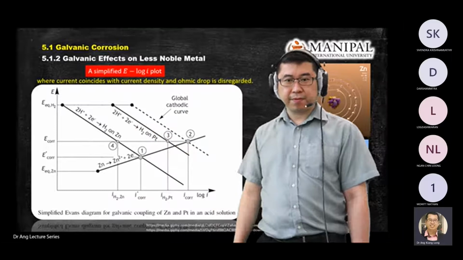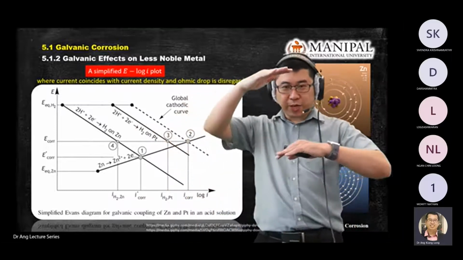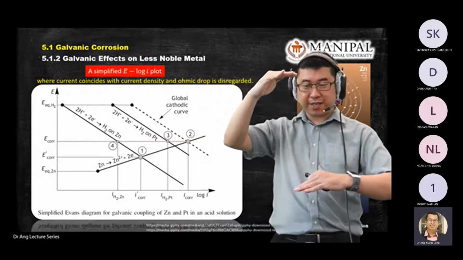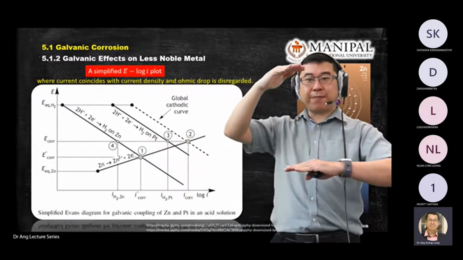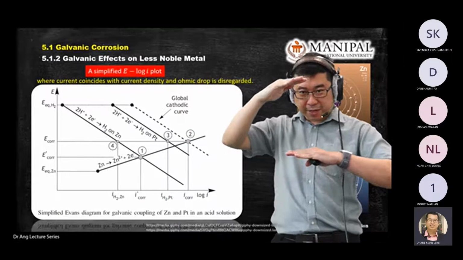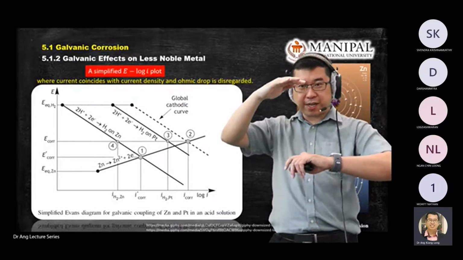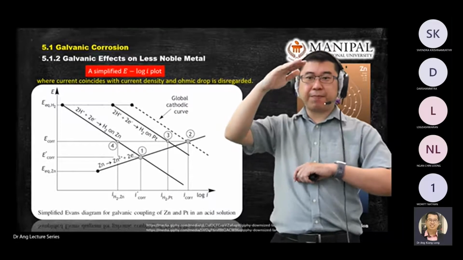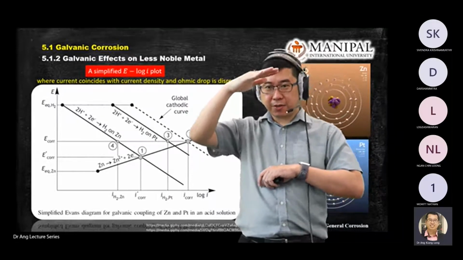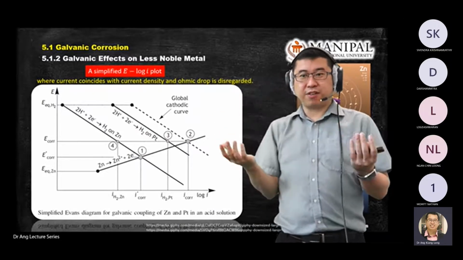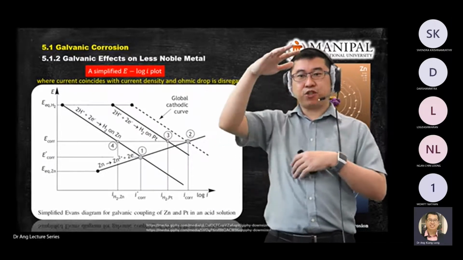Okay. Now, you know that when we talk about high level nobility and low level nobility, what happened to low level metals? They contribute electrons, right? The one that destroys itself by giving electrons. What happened to the high level metals? High level metal actually does not do anything. It just receives electrons, and even if you change the